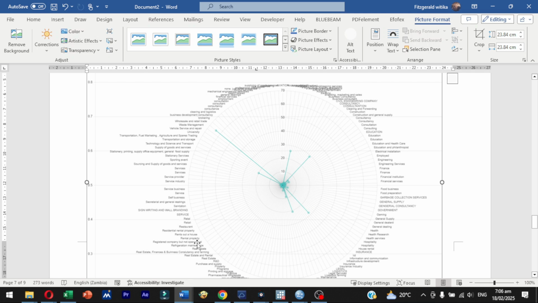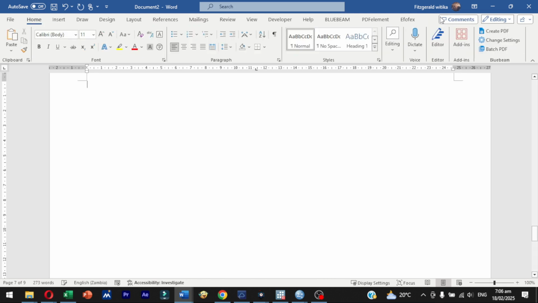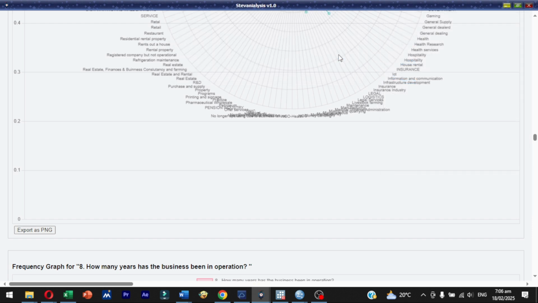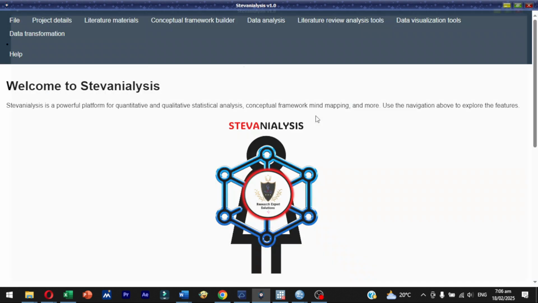You can see how it is distributed, and the frequencies or the codes as assigned to each of these responses in the data. Okay, so now let us go back to